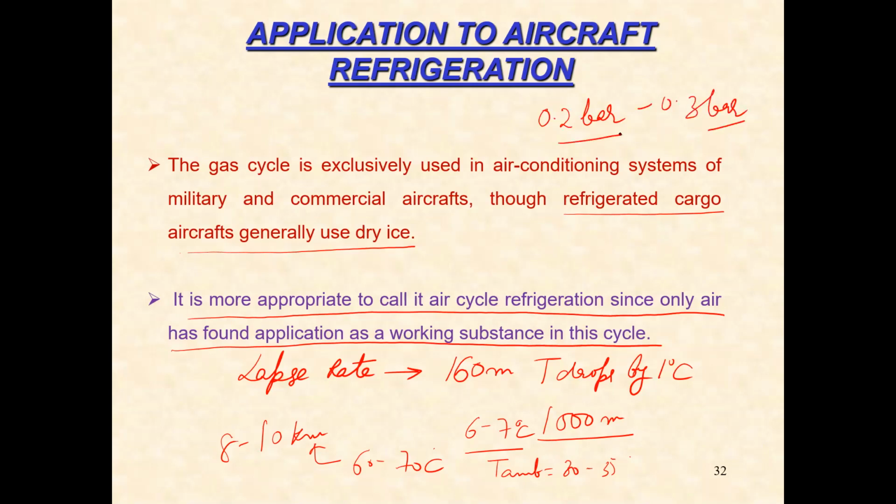So you must know that the pressure of the surrounding air is quite low, and if the same air is sucked into the aircraft, the inside pressure will fall to 0.2 or 0.3 bar. And what will happen? If we compare the pressure of the blood in our system, our blood pressure is quite high in comparison to the surrounding air pressure. So in that case the blood will ooze out from the nose, mouth, ears, eyes, etc. That will create a problem when we are flying at about 10-kilometer height where the pressure is low.